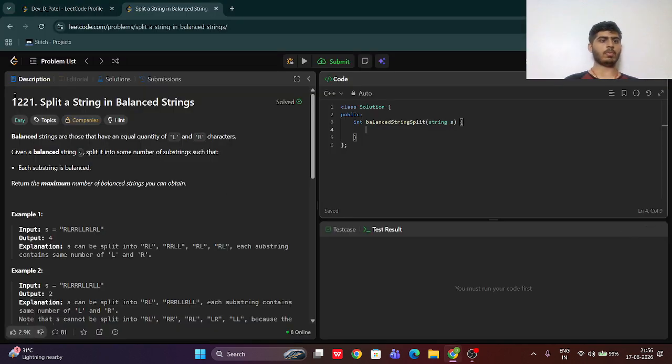Today I am going to solve question number 1221 from LeetCode, that is Split a String in Balanced Strings. A balanced string is one that has an equal quantity of L and R characters in it. So in this question we would be having a string S and our task is to find the number of times we can split this string into balanced strings, which means substrings in which the number of L and